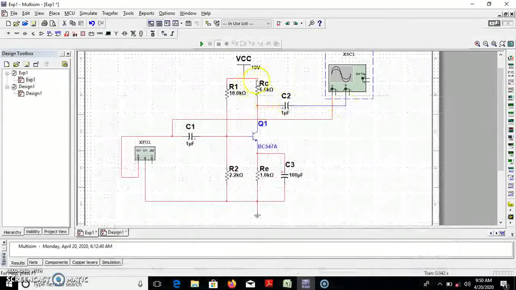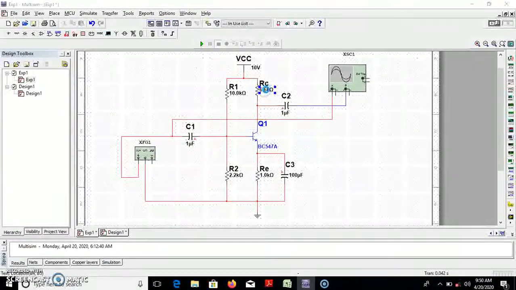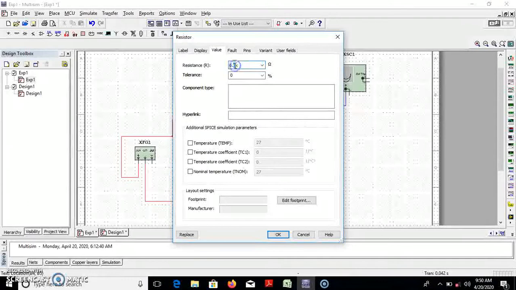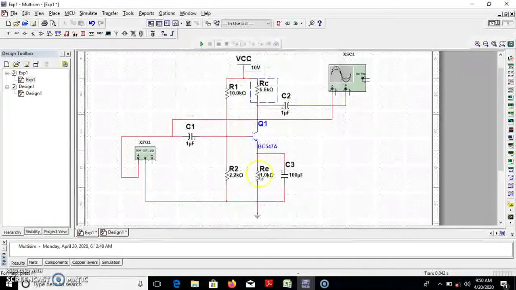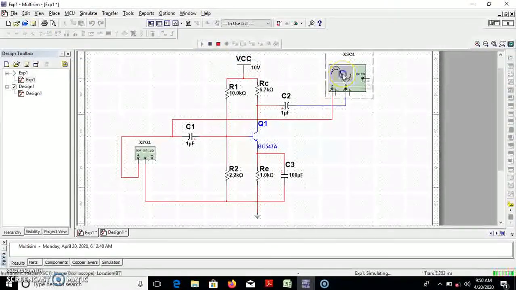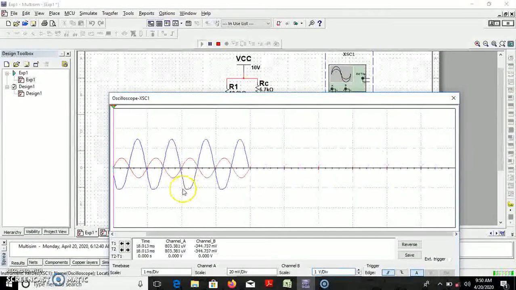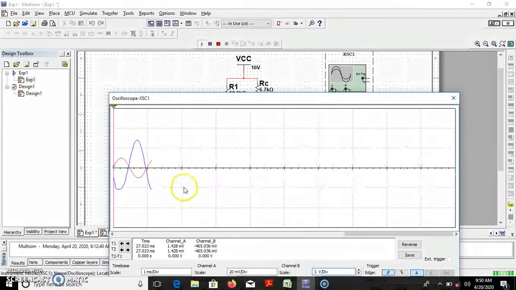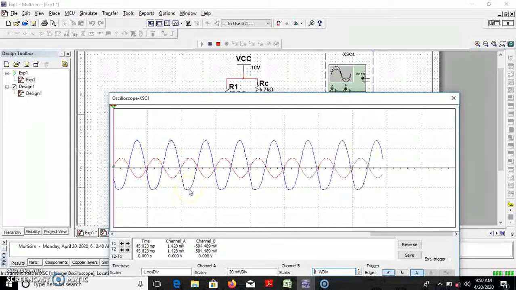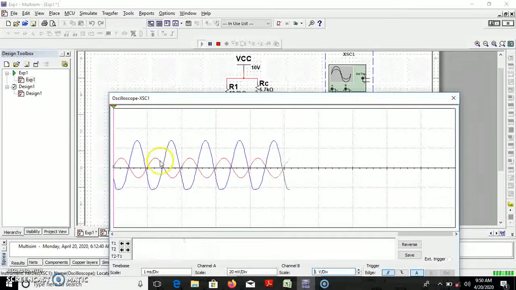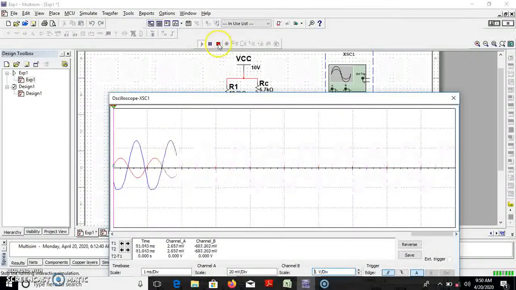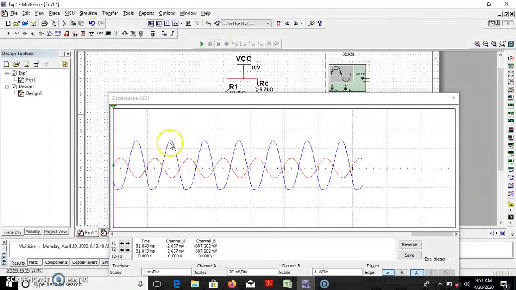Once you increase the value of RC to 6.7 and run it, you see the clipping is significantly displayed. Now this will show you the positive peak and negative peak. If I stop this, the positive peak and negative peak differ.